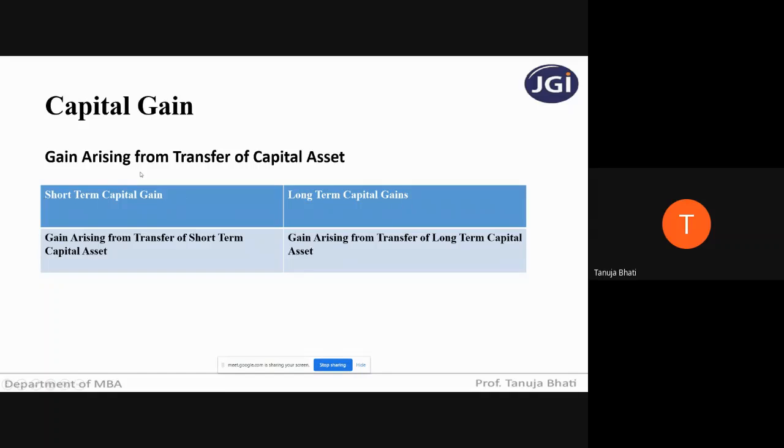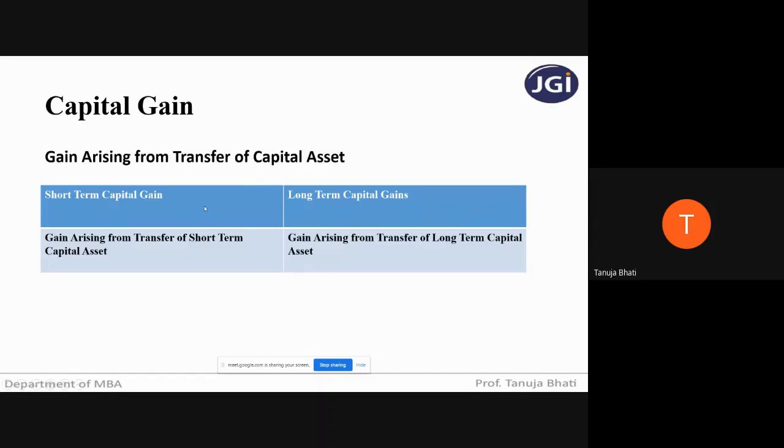Now, what is the meaning of short-term capital gain? Simple. Gain arising from the transfer of a short-term capital asset. If you're earning any income or profit or gain from selling any short-term capital asset, it is said to be